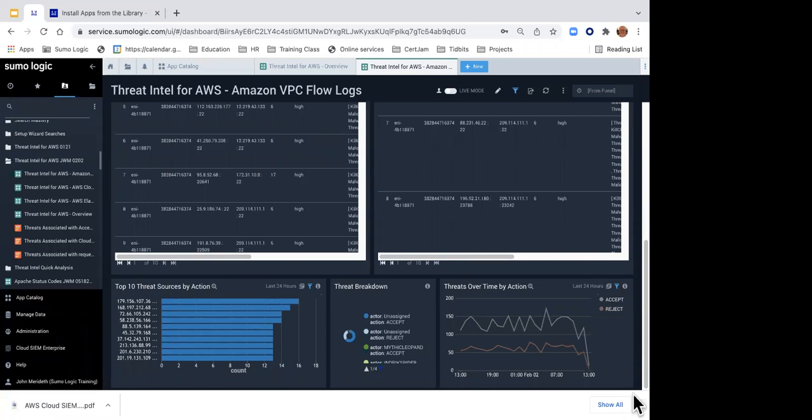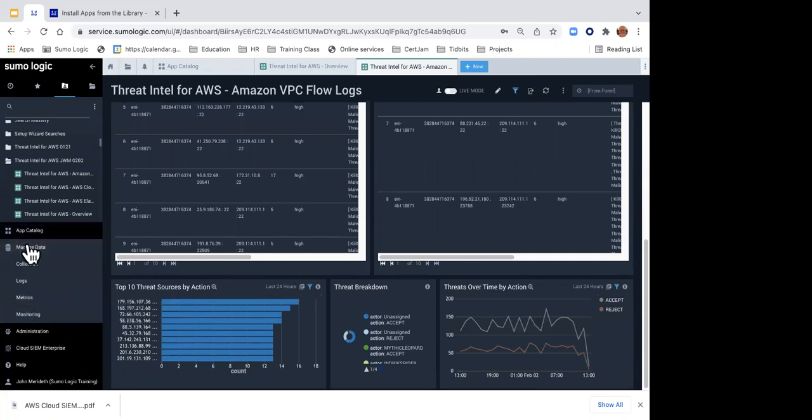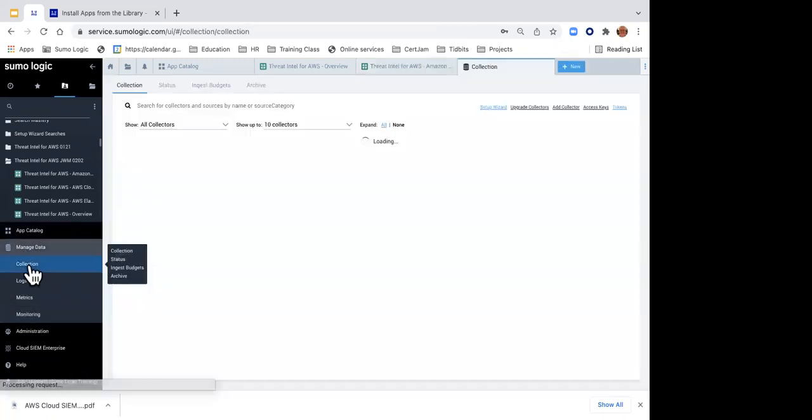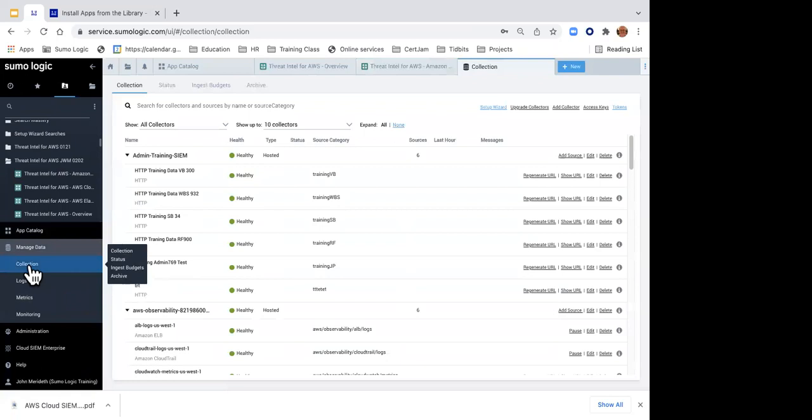Now, I mentioned we have to tie the app to the data. Where does that come from? Here in the main menu, under manage data, under collection, here is where you and I set up the ability to ingest this data from our logs. So you've got logs, you've got metrics, you've got your whole AWS environment. And so typically here is where you and I set up and bring in that log data.